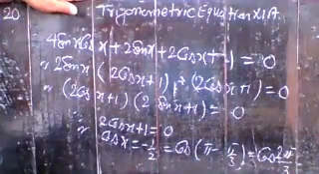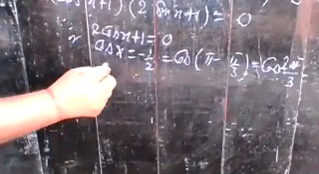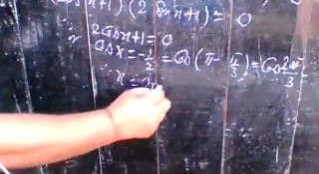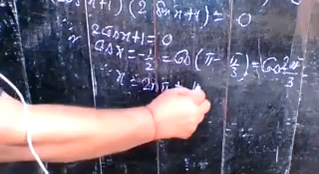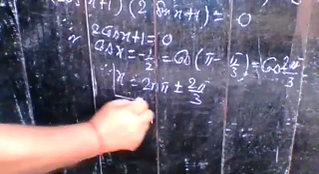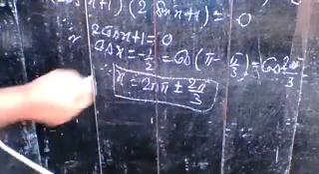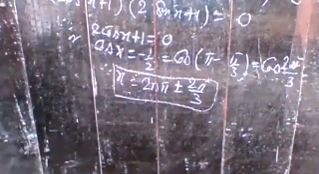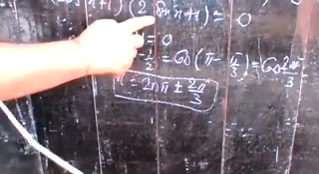So how do you write your answer? x is equal to 2n pi plus minus 2 pi by 3. So that is your solution. In the same way, if you take the second factor,